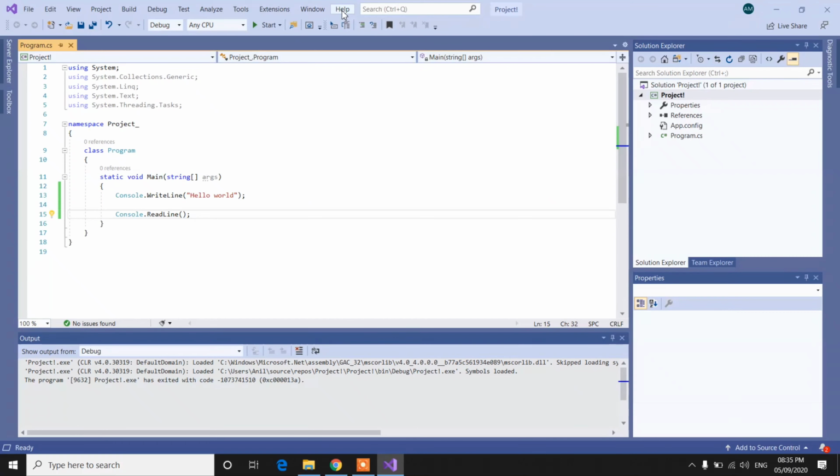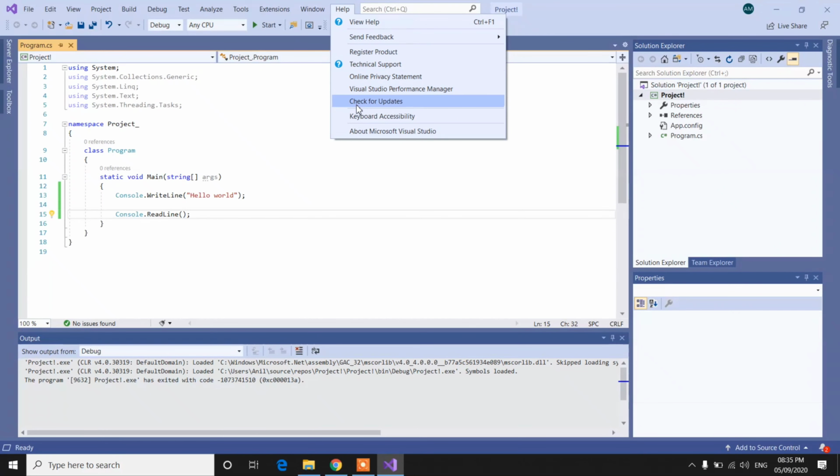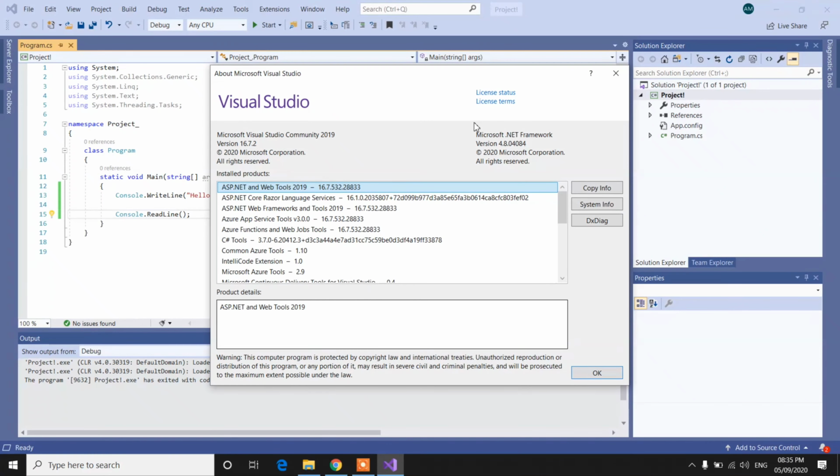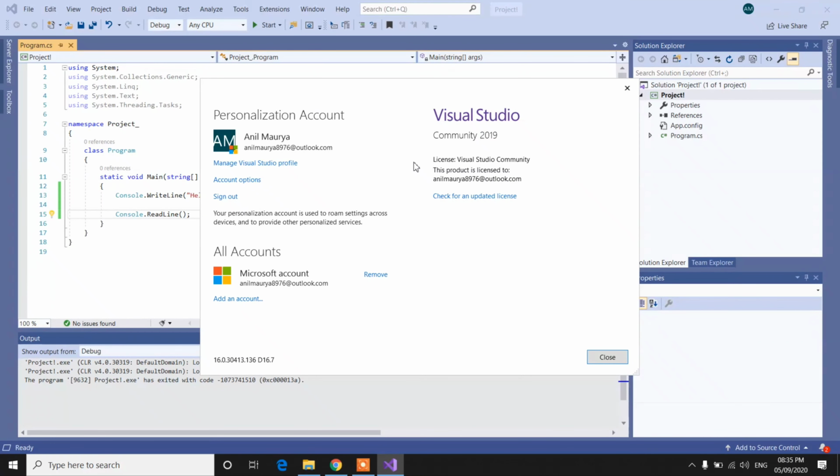Now click here on help. Click here, About Microsoft Visual Studio. Click on license status. Now here you can find that the license is Visual Studio Community, and this product is licensed to this account. Here it didn't show any trial version for me.